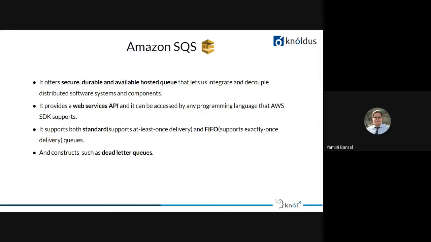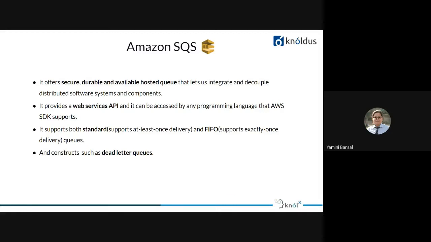So decoupling means we do not want our producer service to keep waiting for the response to a message. It just sends the message to the queue. The queue holds it until it gets processed, and the response can be given to the producer when the consumer service